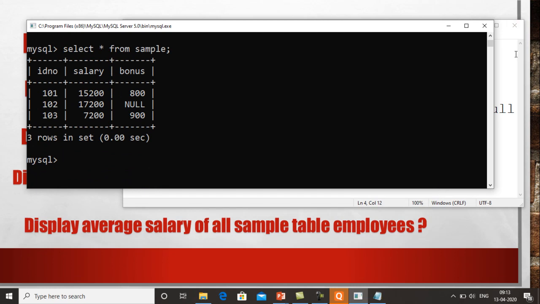Now over here they have written average salary of all sample table employees. Let's change this question. It is not the average salary of all sample table employees, it is the average bonus of all sample table employees. Just correct this question.